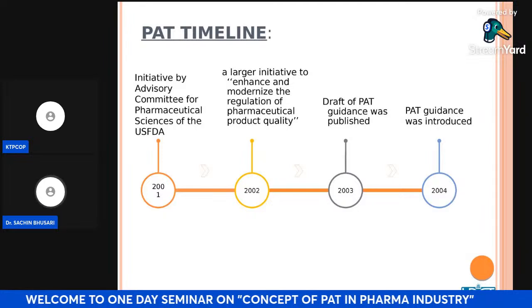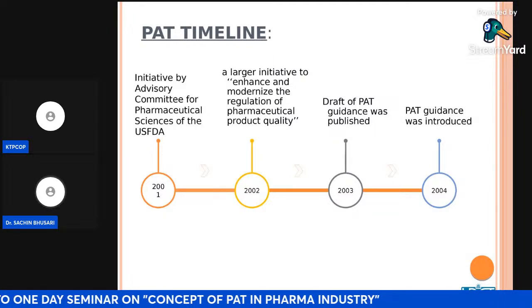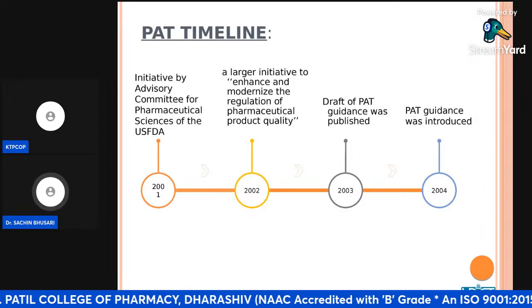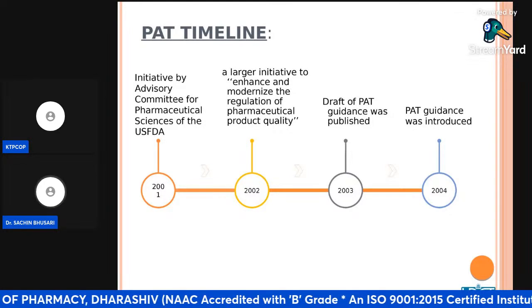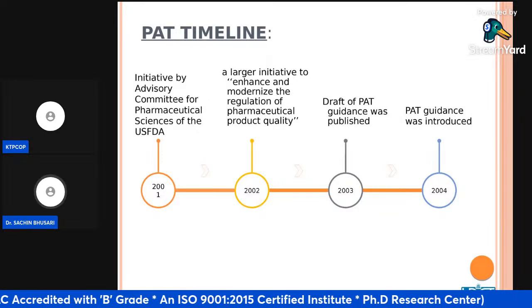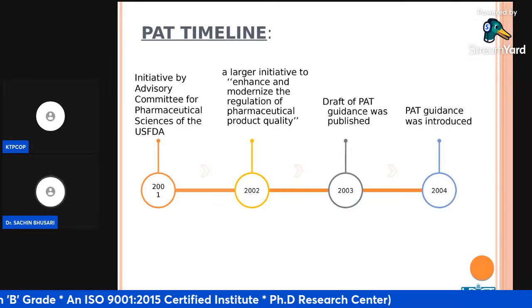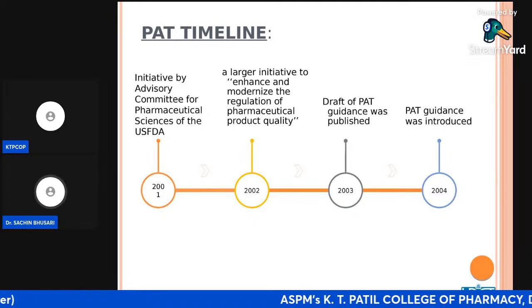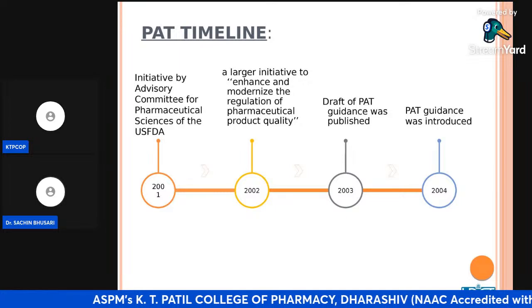Rather, if you track the history of the PAT in a generic way, you will find that some of the industries were using not the name PAT, but some principles of the PAT. Even in the 1900s, 100 years back, if you track the history of brewery industries, Gossett and all, you will find that people were using mathematicians to improvise the processes, and that is a key attribute of the PAT. Now, in my next few slides, you will come across that.